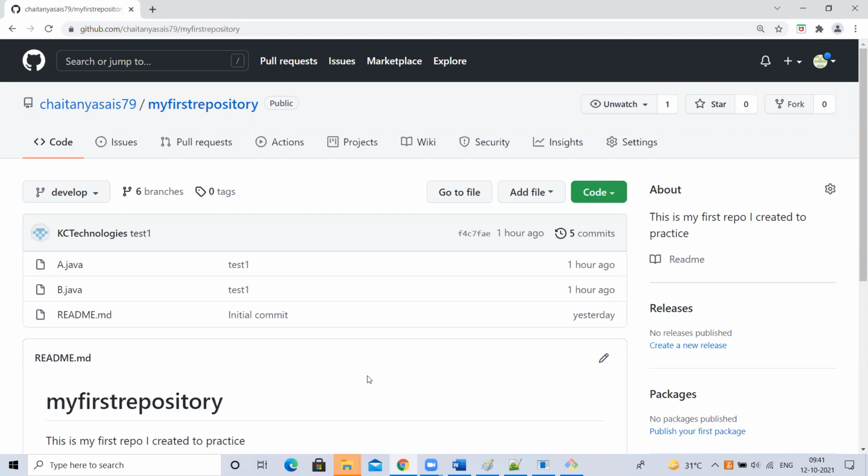Sir, if we add any files into a new local Git branch, and if we push the branch into GitHub, will the files also be automatically added to GitHub? See, you created a new branch in local. Now if we created new files like d.java, e.java in the new local branch and push the branch, have you committed them?